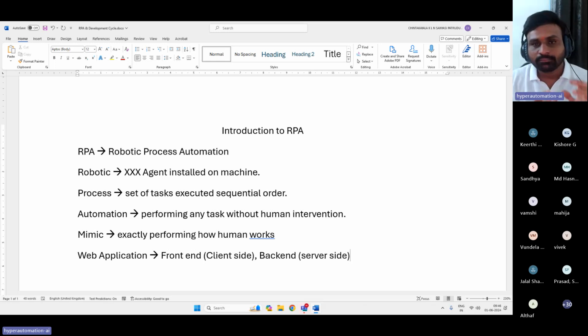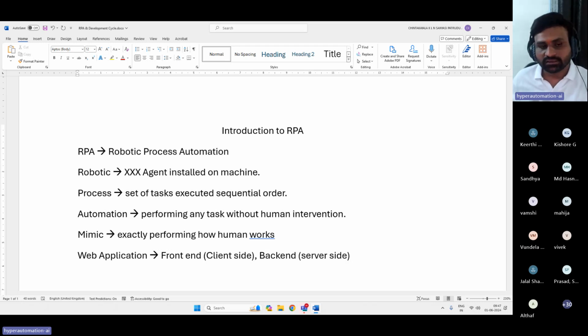In case the robot also tries to do the same from the web application interface, that we call a mimic. But will we always do the mimic? No. We have some other automations as well. The program can directly interact with the server through an API or in any other manner.